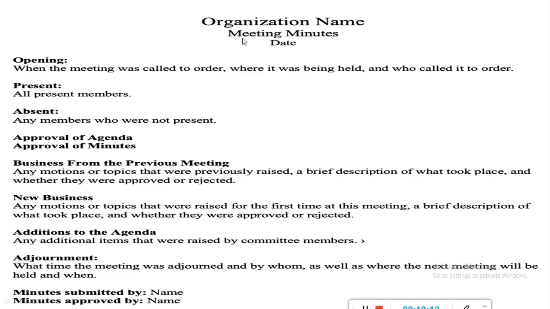Then the next thing will be under the organization name, you have meeting minutes, and then you have the date. For example, you can say AB Publications meeting minutes, March 5, 2021, for example. So that can be the acceptable heading